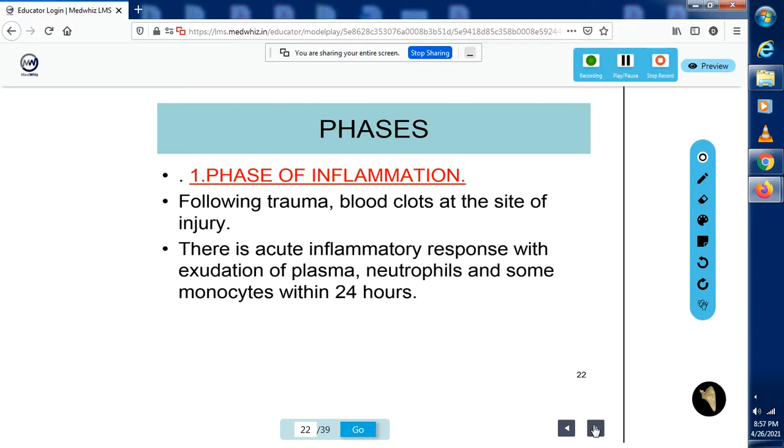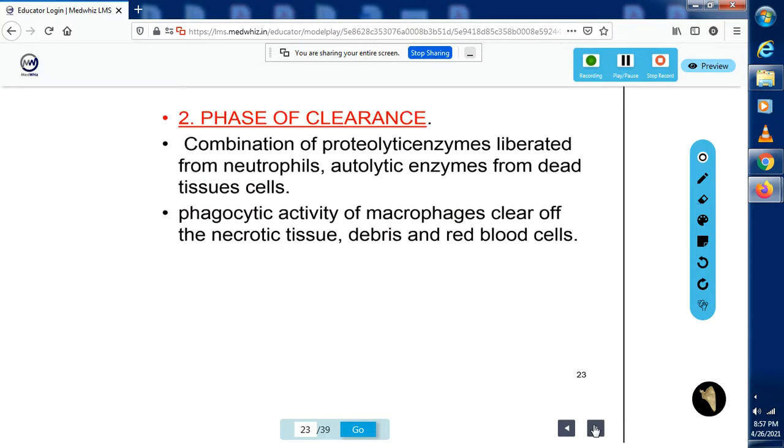In the first phase, the phase of inflammation, whenever there is trauma, there is a blood clot at the site of injury. So there is an acute inflammatory response with exudation of the plasma. Acute inflammatory cells, the neutrophils, come to the affected area, and even the monocytes come into the picture. Then there is a phase of clearance, where there is a combination of proteolytic enzymes